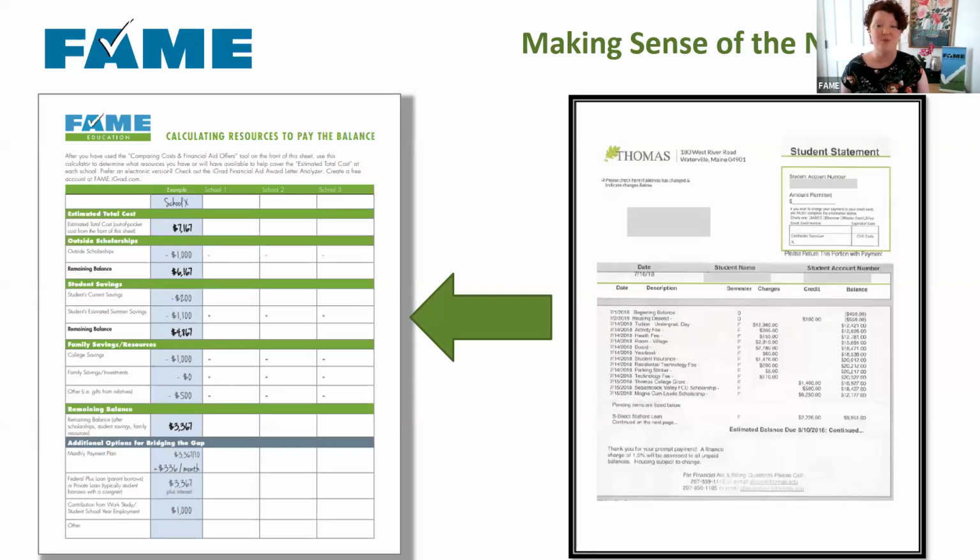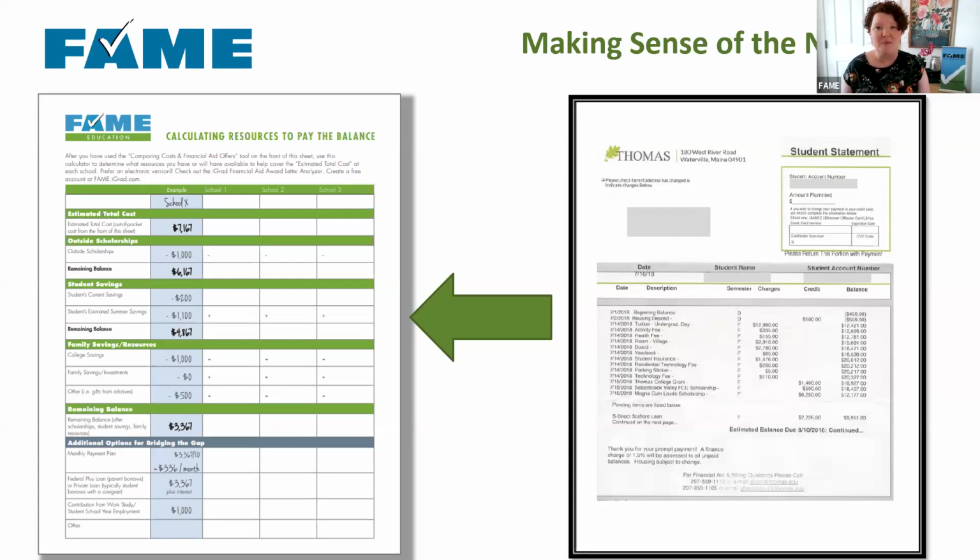And then if you have a student who is 18, there are some online jobs that they might be able to do as well. So take a look for those. How much can they earn during that summer? What can they put towards their bill? Then we talk about college savings if families have put any aside. Savings or investments that the family may have that were not specifically for college, but they think that they can help with, and any other gifts you might get from other family members and things like that.